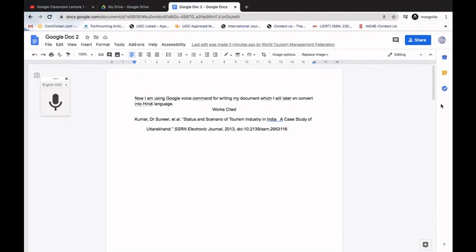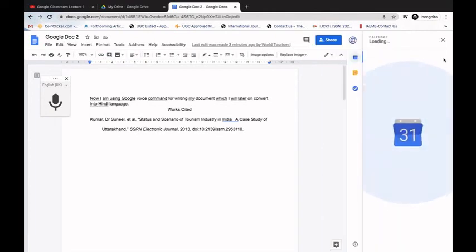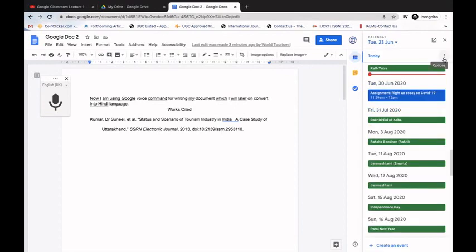But somehow we forget to carry our laptop, or we forget to take a print of this document. In that case we can always link this document with Google Calendar. Google Calendar is readily available to you if you are using an Android phone, and if you are using an iPhone, then you have to install Google Calendar. In that case what you have to do is assign a date to this document, and then on that specific date and that specific time it will